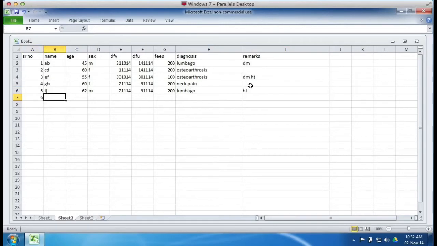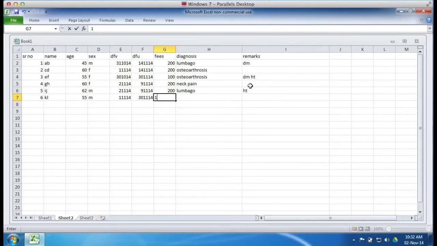Sixth patient, KL, 55, male patient. I put on 1st November, follow up could be 30th November.